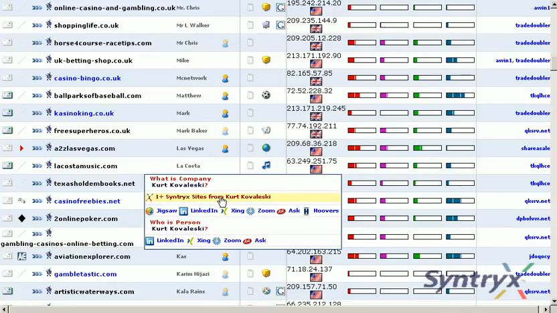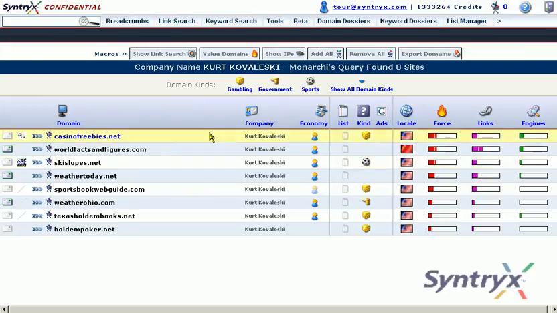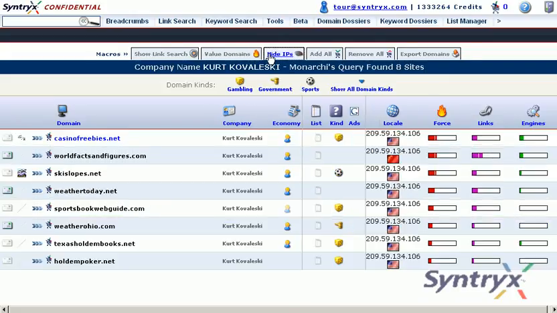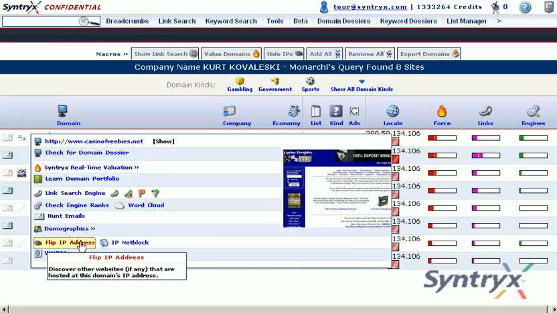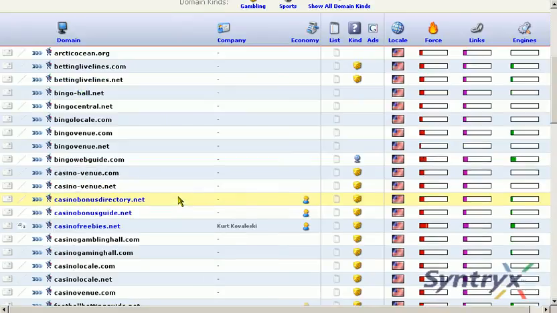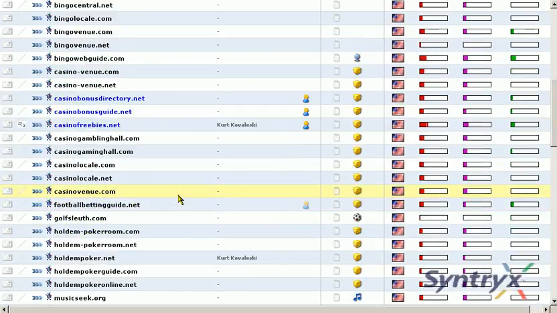And if I use this Citrix tool to see 1+ sites from this company or person, we see now that he does, in fact, apparently have several domains in his portfolio. If we show the IPs, this is confirmed because they're all at the same IP address. And again, when we flip his IP address, we can see what other domains are hosted at this IP,